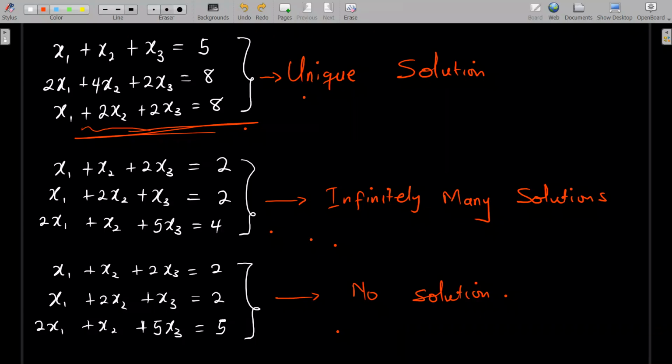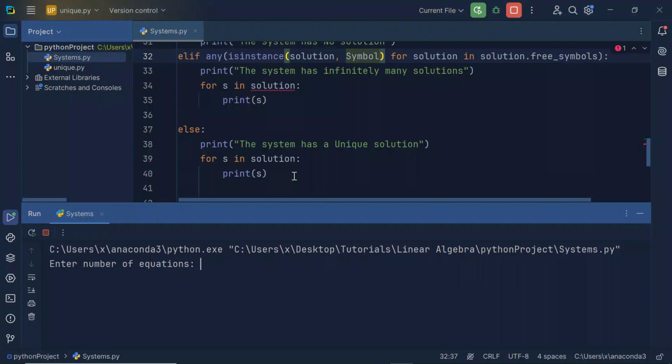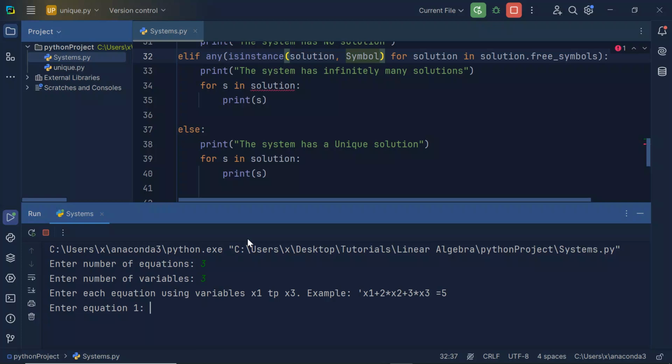Now let's go to the system that has no solution. This is the system, right? This is the system that has no solution. After inputting this in Python, we should have no solution pop up. How many equations do we have? 3. How many variables? 3. The first equation is the same as the first one that we wrote, but just one value is changed here, plus 1 times x2